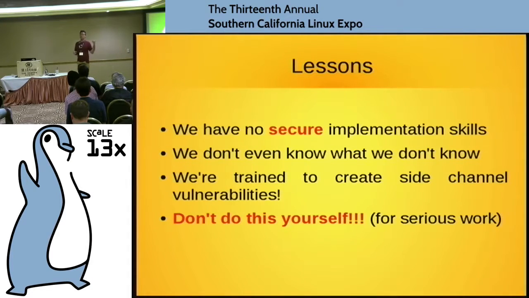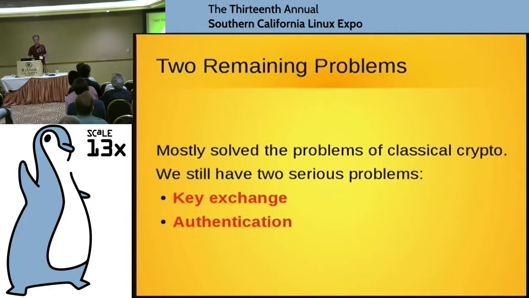Why was there a vulnerability in the little cartoon vulnerability I showed you? It's because I didn't do work that wasn't necessary. I only subtracted if it was necessary. And that creates side channels. So I am trained personally to create side channel attacks, right? I'm a programmer. So the point is, I just wanted to give you a reason for the advice that you've probably already heard. Don't go implementing algorithms yourself, even if you know they're perfectly good. That's why you really only use libraries that have been vetted by the community. They've withstood people trying to break them.